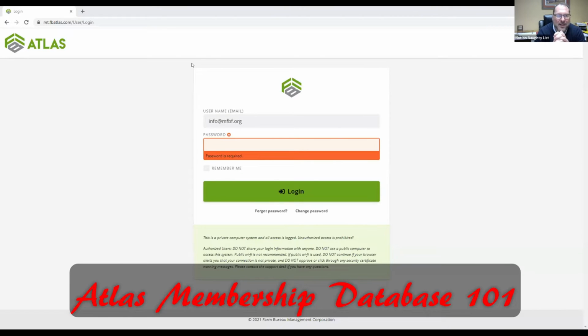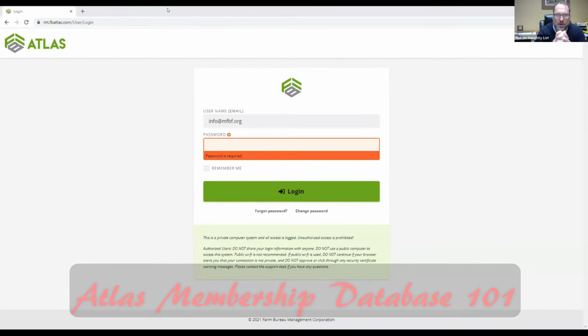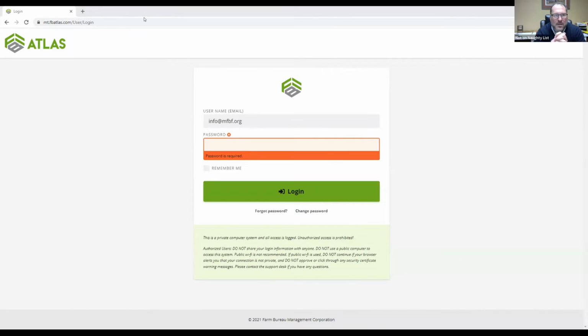We're going to talk a little bit about Atlas, which is our membership database and online cloud-based system. The first thing I want to say is that I feel there are some good ways that county leaders could use Atlas to have information readily at their disposal. It doesn't mean we are not still dedicated to getting you whatever you need: membership lists, current status of members, email lists. Your regional managers are still more than willing to provide those.